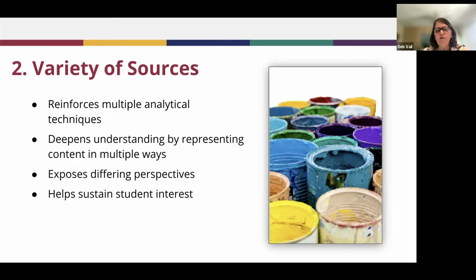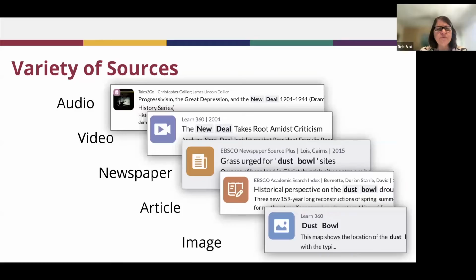Yep. You make a really good point about student interest. I also think that I'm not an auditory learner. I need to see it. Absolutely. So I'm going to be better in a visual format than auditory. And I think when we give students opportunities to engage with different formats, we're more apt to hit everybody's sweet spot.